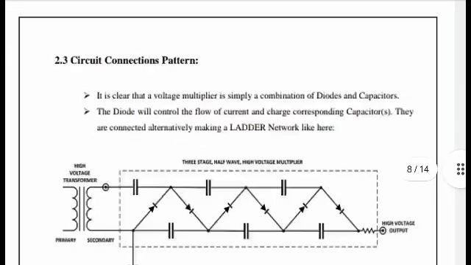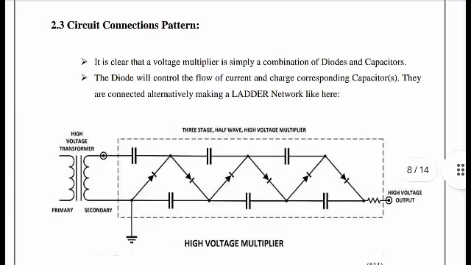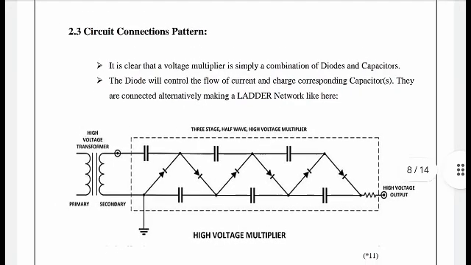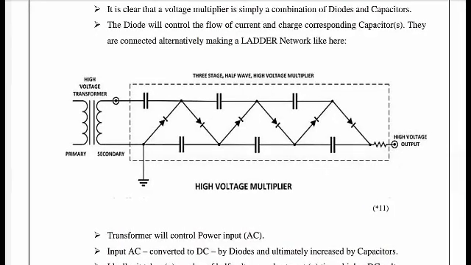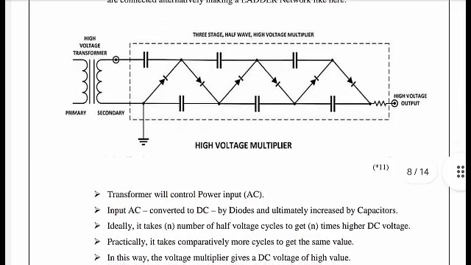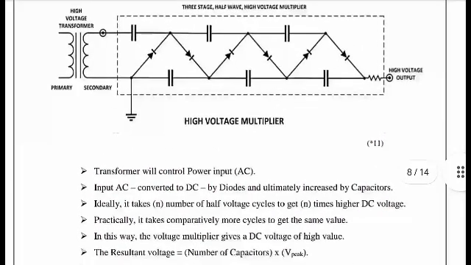Now circuit connection pattern. It is clear that a voltage multiplier is simply a combination of diodes and capacitors which are connected alternately, making a ladder network like here. Diode will control the flow of current and charge corresponding capacitors. Transformer will control the power input AC. Input AC is converted to DC by diodes and gets